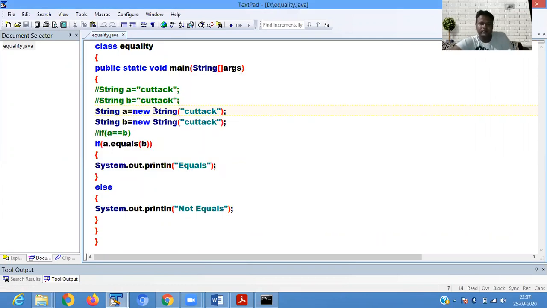See that here we are passing a value through a reference. String A equals new String cutter. String B equals new String cutter. So we store the two values. If A dot equals B, then it shows equals, or else it shows not equals.